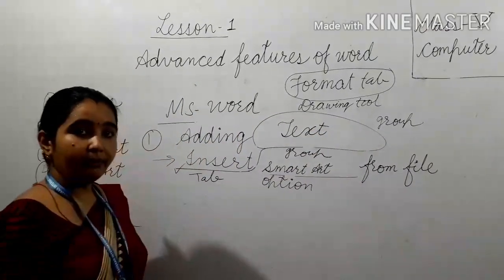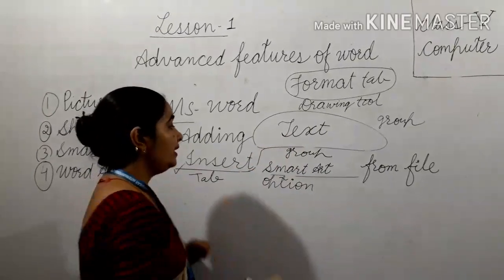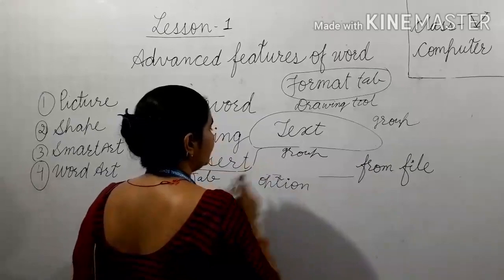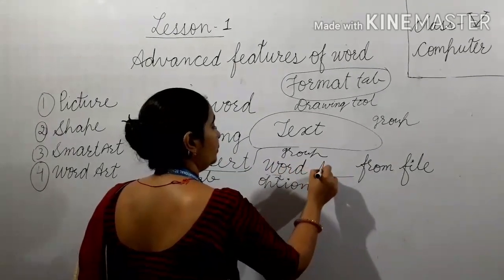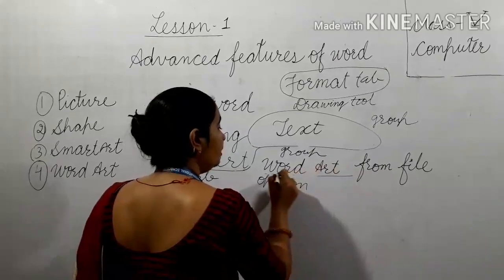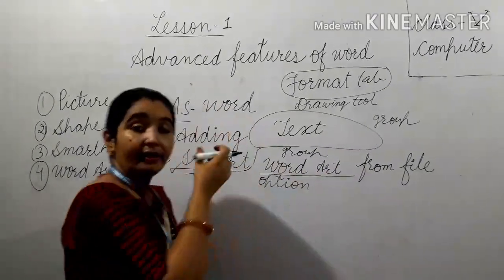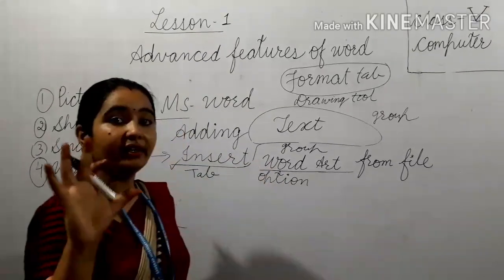इंसर्ट टैब के बारे में पढ़ रहे हैं आज हम सारा. तो इंसर्ट टैब, टेक्स्ट ग्रुप. टेक्स्ट ग्रुप में जाके आप ऑप्शन चेंज करोगे, that is word art. Previously I told you word art is related with the word. Word, it means the letters which you are writing. Previously we had done smart art. Smart art में graphics आते हैं.